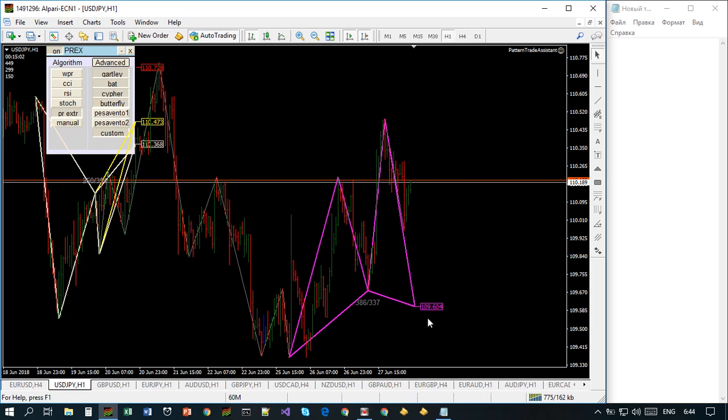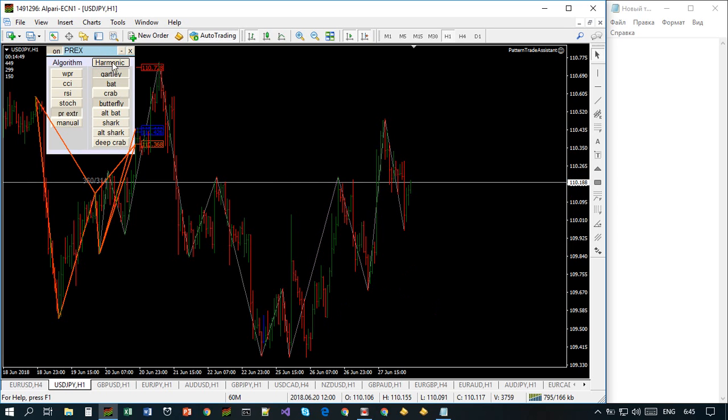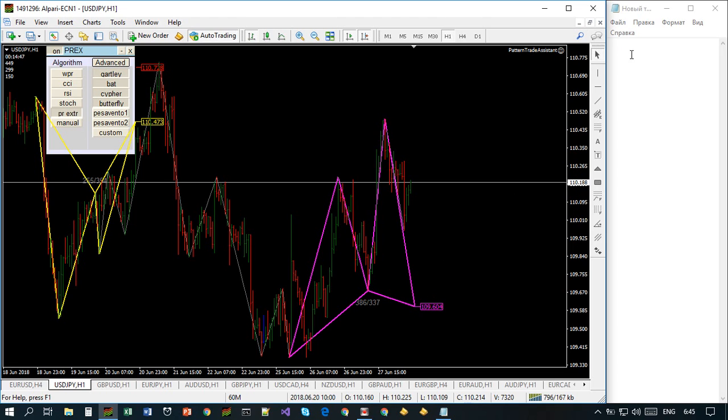Dollar yen, we have a potential Cipher with a completion of 109.60, 16 for 4 decimals, never mind about 4 decimals. And the harmonic approach says nothing, so a potential Cipher. And as usual,